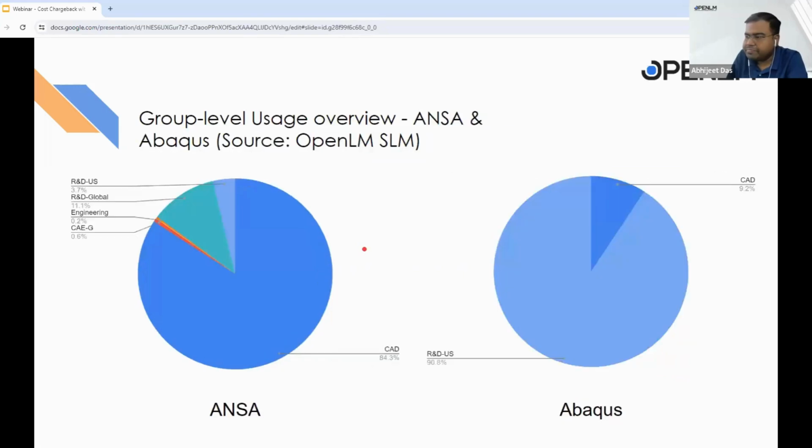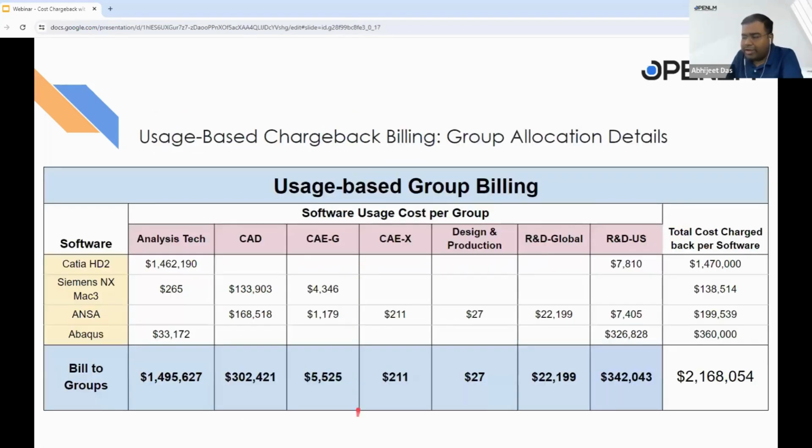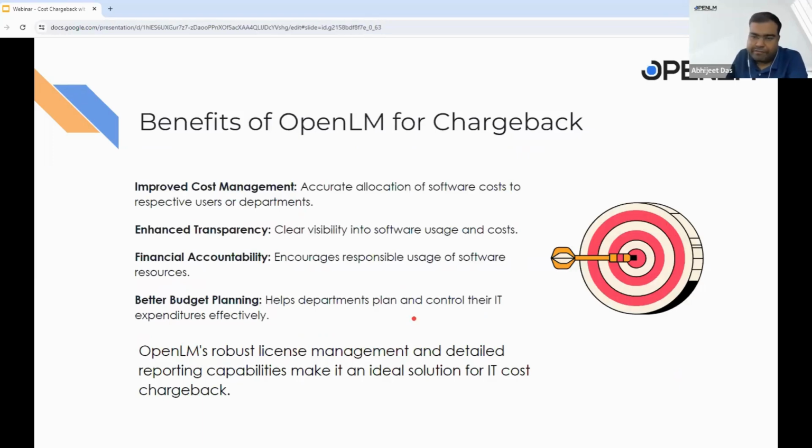So you see how well OpenLM can be utilized for doing the chargeback to the internal departments, groups, or even projects. So what are the different benefits here of using OpenLM for chargeback? One is the improved cost